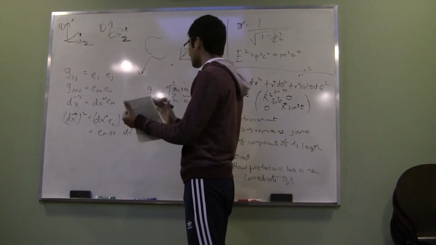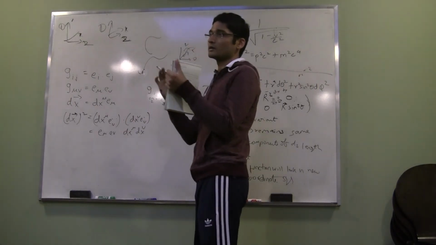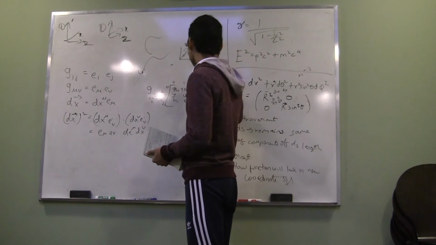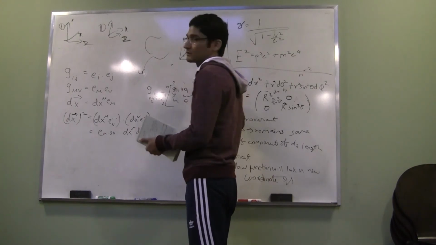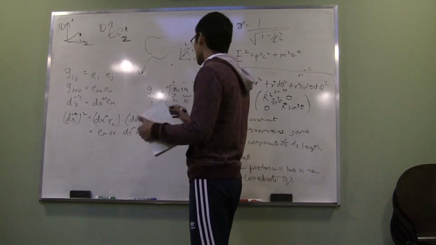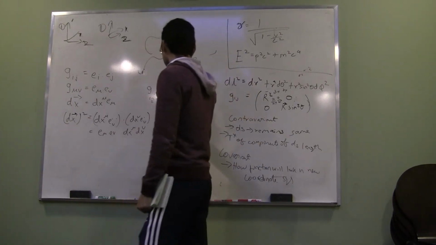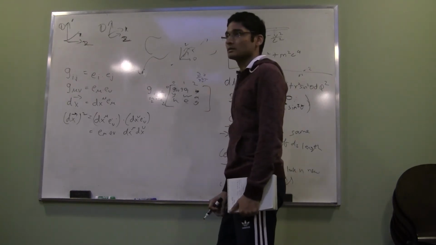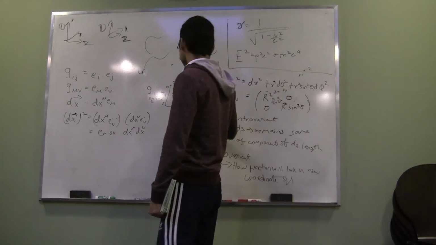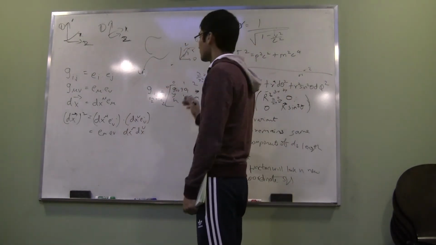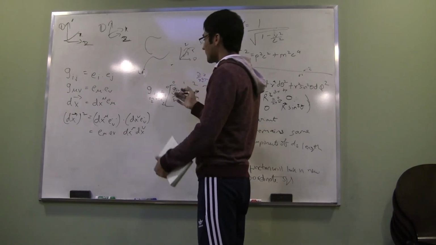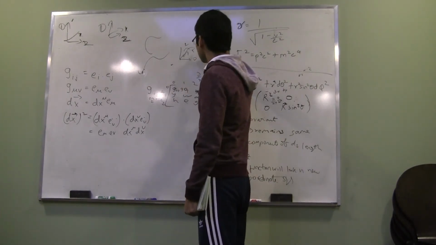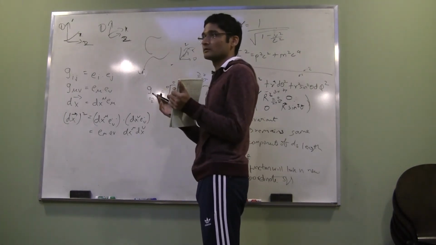So these things basically give you how the coordinates are, because this is like a one-form, right? So it's like d by dx0, d by dx1, something. These give you how they vary, and then you operate on your vector to get the total distance. So this can be different in different coordinate systems. These are like functions of how they vary, and when you operate on the vector, you get the distance between two points. Something like that.